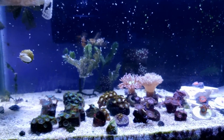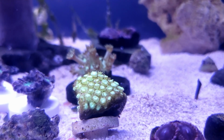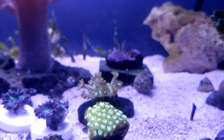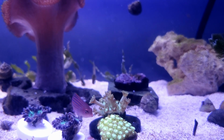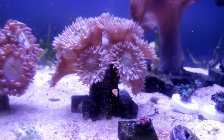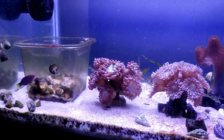Zoanthids are doing well, quite well. Goniopora, doing all right. Some might say quite well. I don't know. I've seen them look a lot better. Fish doesn't like the camera lens. Looks like an eye